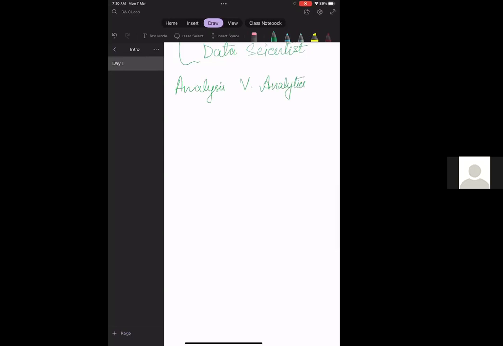So, I don't know how many of you are really aware of the difference between analysis and analytics, but it's very easy. Analysis, as I said, is past, and analytics is future. With analysis, when we have a data set, we break it into separate data sets to study or analyze them separately.